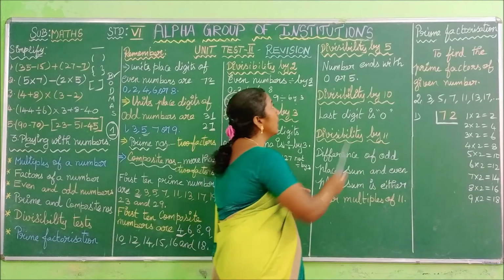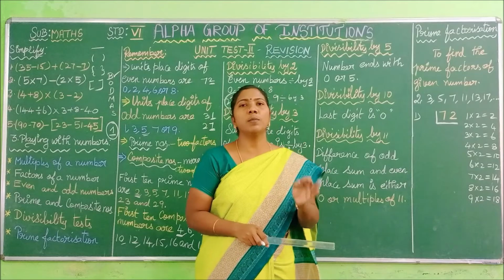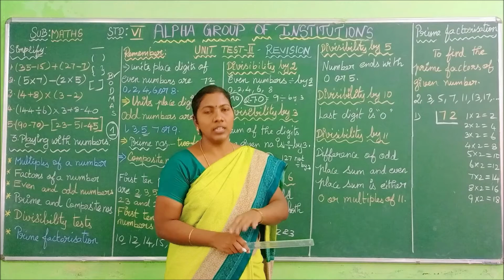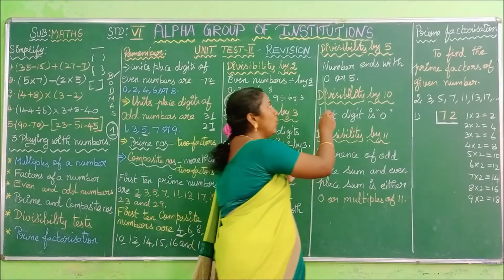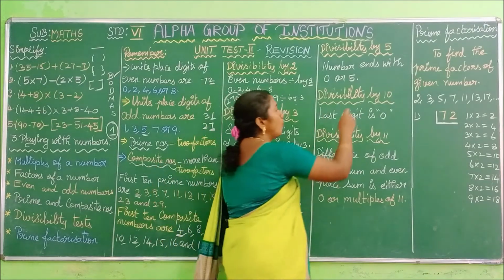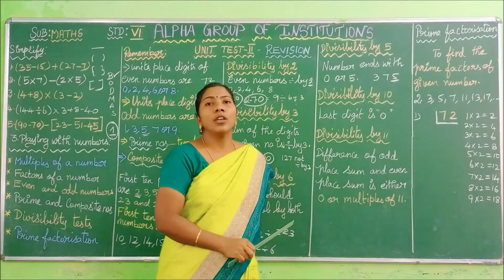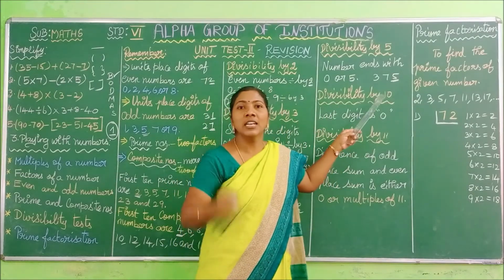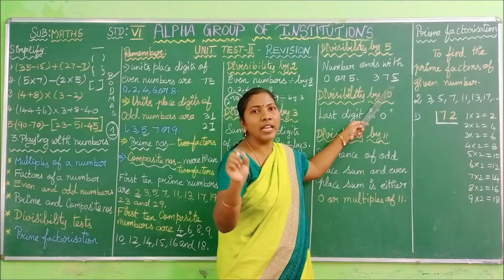Next, we are going to see divisibility by 5. How can we say the given number is divisible by 5? If a number ends with 0 or 5, that is, the unit digit of a given number is 0 or 5, then the number is divisible by 5. Do you understand, children? For example, 375. What is the last digit we have? In the last digit we have 5. So it ends with 5, so we can say it is divisible by 5. If you divide this number by 5, you definitely get the remainder as 0.